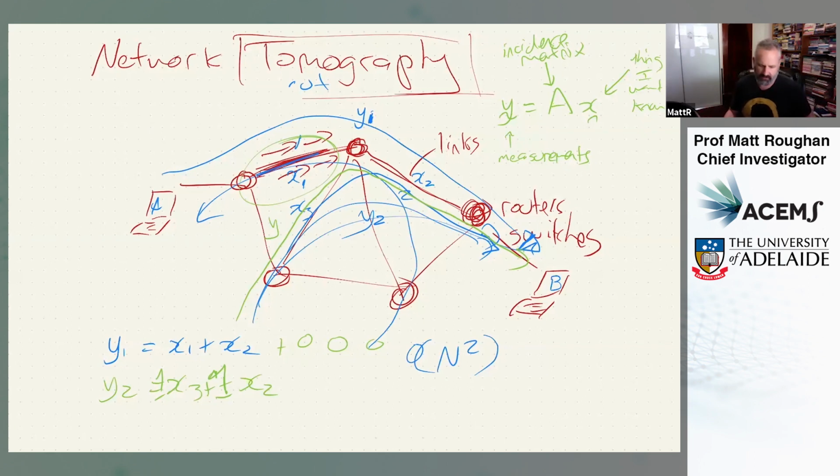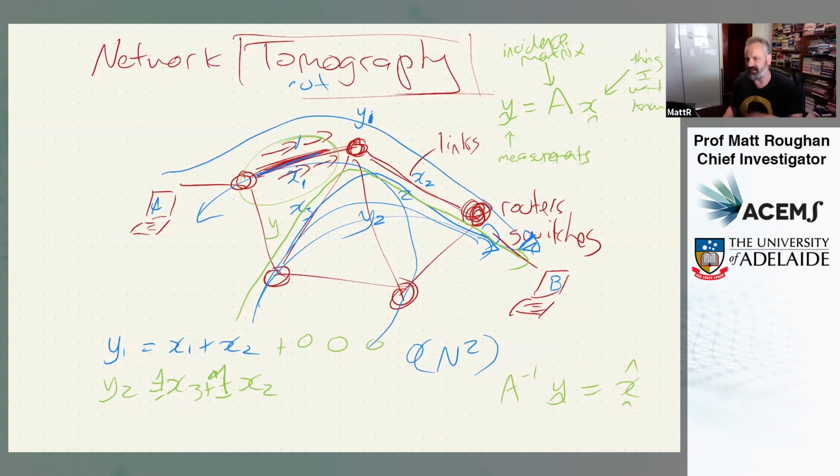So now we have a set of equations. We need to go and solve them. The naive, again, way you might want to solve them is just multiply by the inverse matrix. And this will give you an estimate of x. But of course, this is not even a square matrix. The number of paths is not necessarily the same as the number of edges. It's not necessarily an invertible matrix, even in the cases where it's square. And so you can't just perform this.